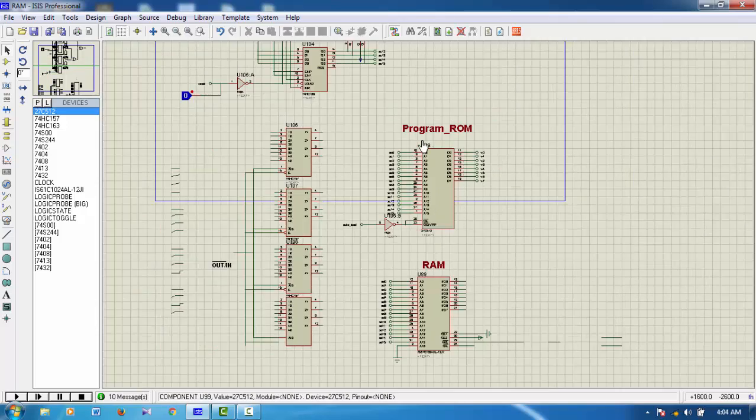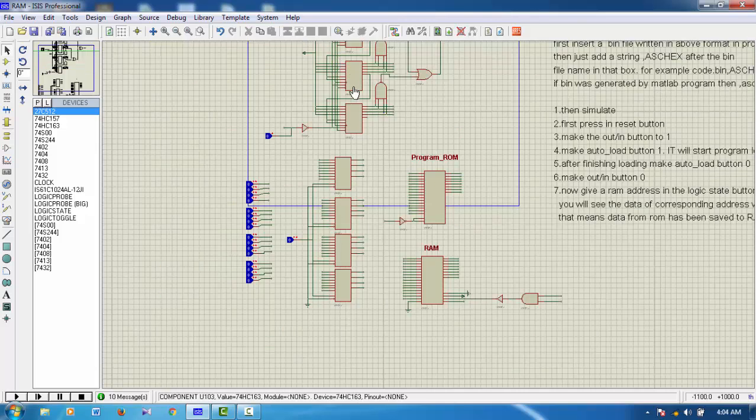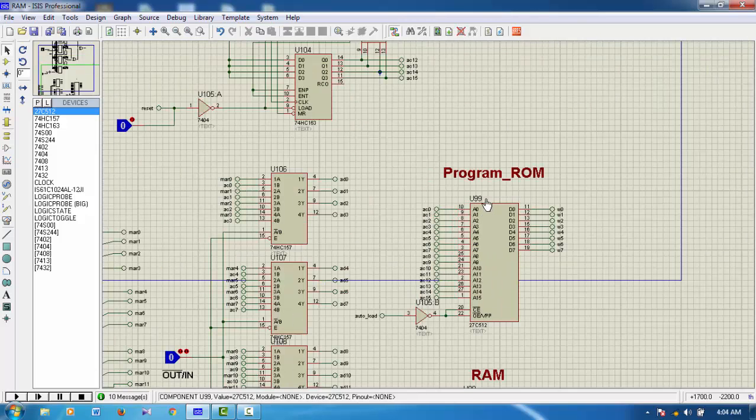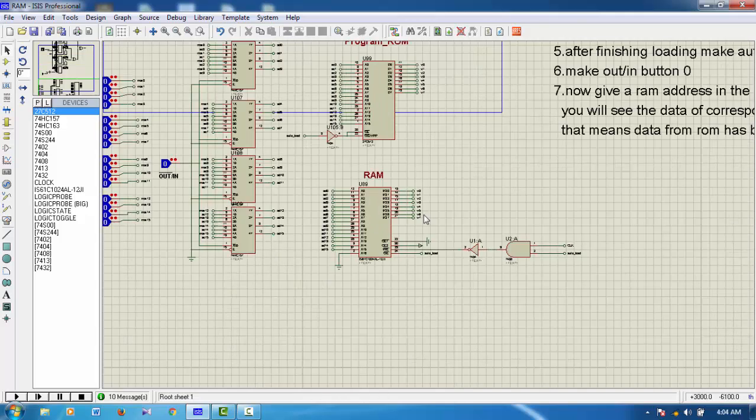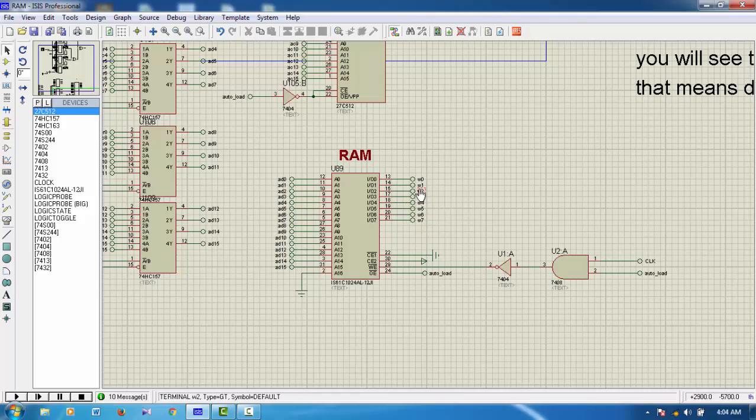Now, when the address from the counters is available here, the contents of that address of the ROM are also available here. Now this data is sent to the IO port of RAM for writing at that address. The same address is now here also at the RAM. Now we see